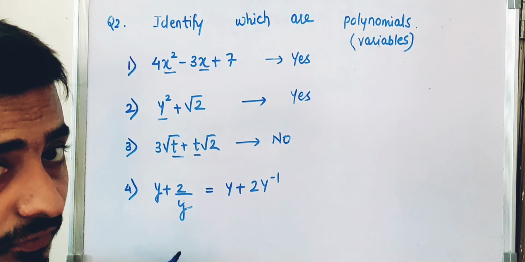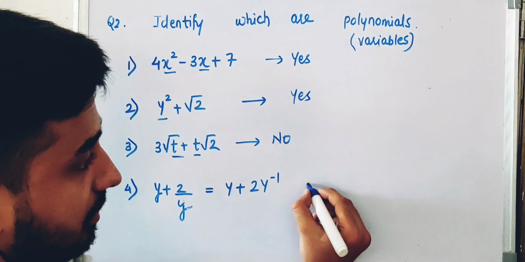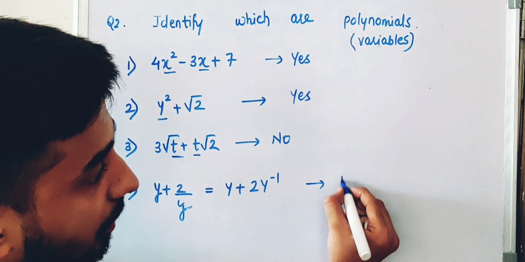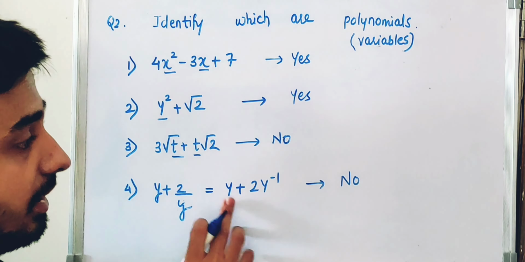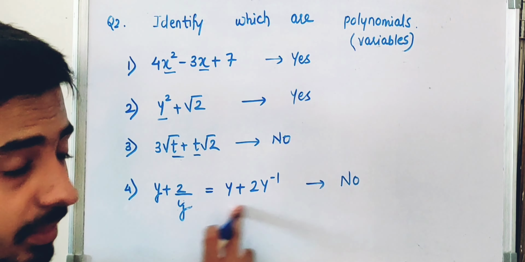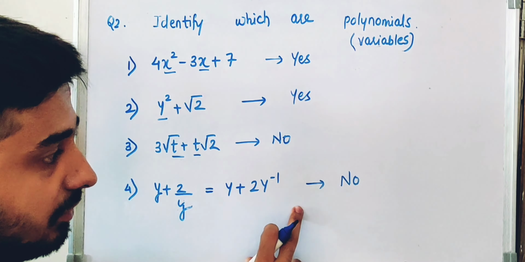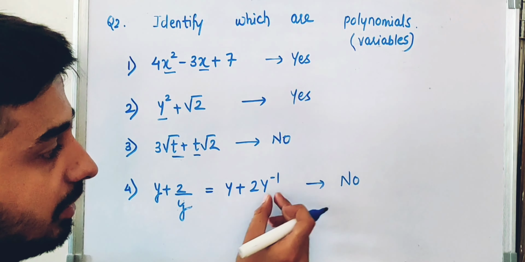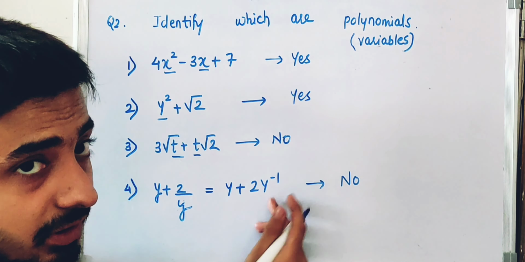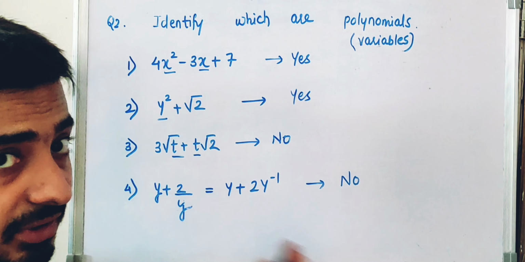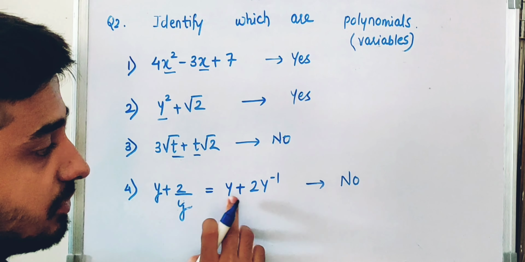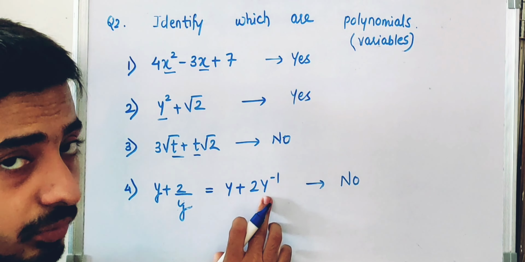Here, what is the power of y? Minus 1. So this will also not be a polynomial. You will tell, sir, this is positive, but in a polynomial equation, whenever a single variable such as y to the power minus 1 is not in the proper format, then the whole term will not be accepted as a polynomial. Clear? So this is not going to be a polynomial. It is clear to each and everyone.